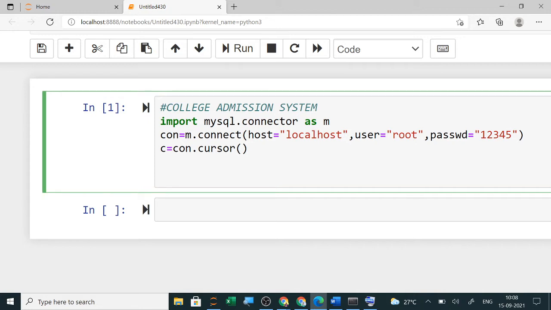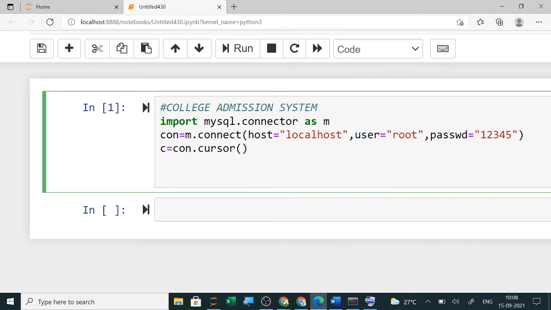So what in MySQL do you do? In MySQL, you will create a database, you will create a table inside the database. So you will use a database and then you will create a table, insert all the values, and using a select query, you will show the output. So only this much you have to do.